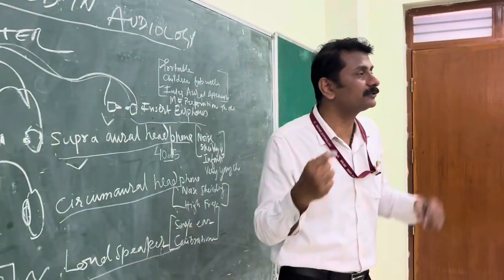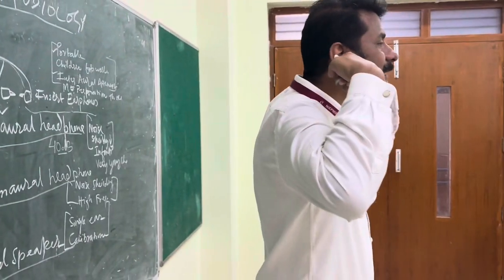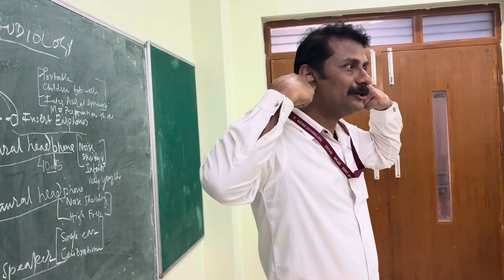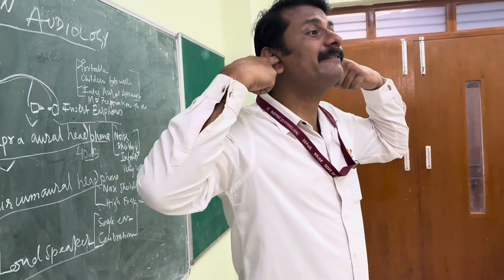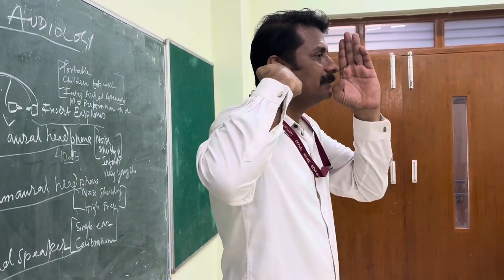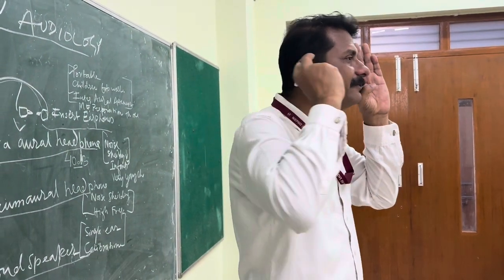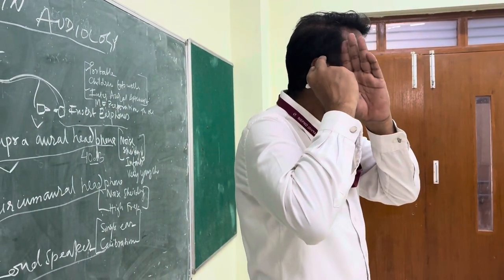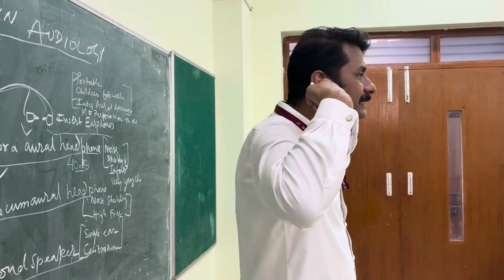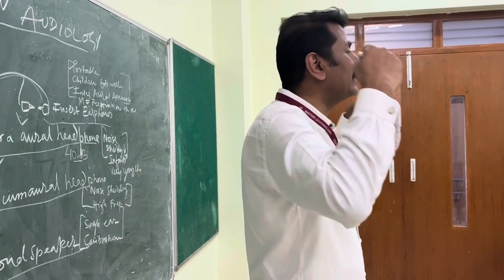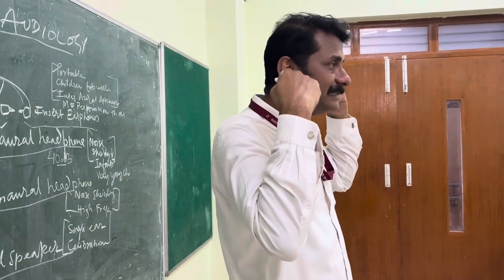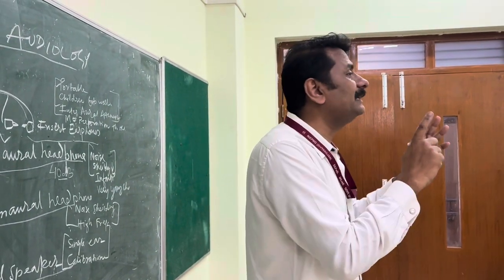When it comes to insert phones, it just goes inside the ears. So the area of contact is very less. Vibrations don't get transmitted easily. So the interaural attenuation is high, as high as 70 decibels. That means in this ear, if I have the headphone and I give 70 decibel of sound, 0 dB HL comes to this ear. But if I have a supraaural headphone and I give 40 decibel of sound, it reaches the other ear. So separating both the ears is easier in insert phones, and it avoids masking situations many a time. So finding out both the ears separately is much more advantageous in insert phones because the IA is high.